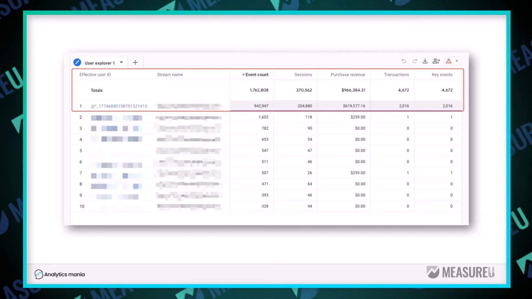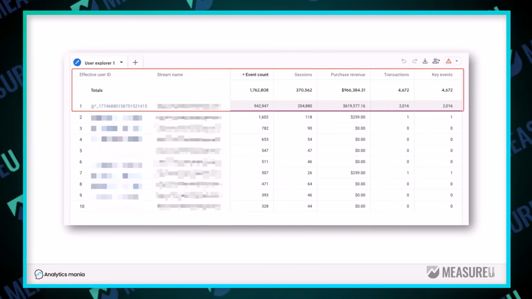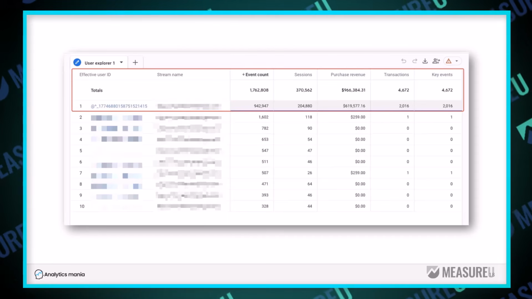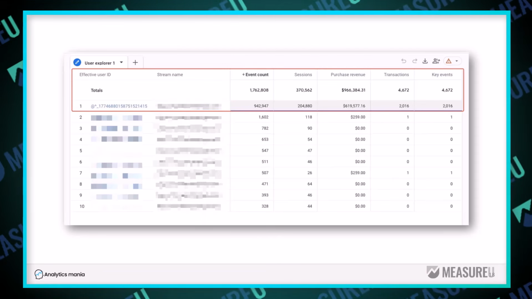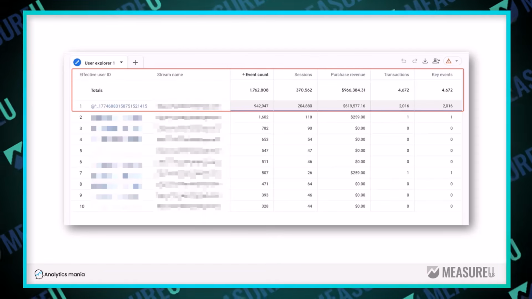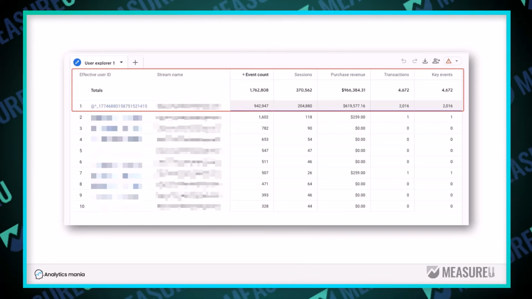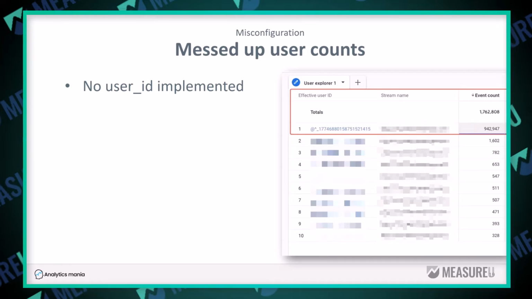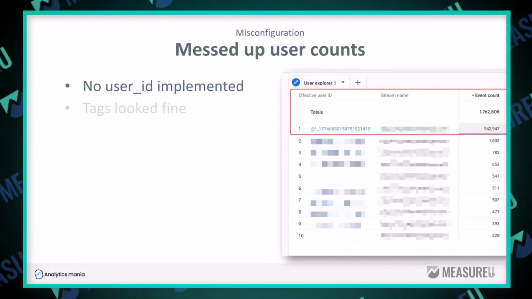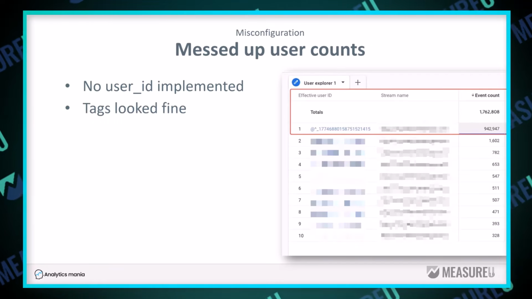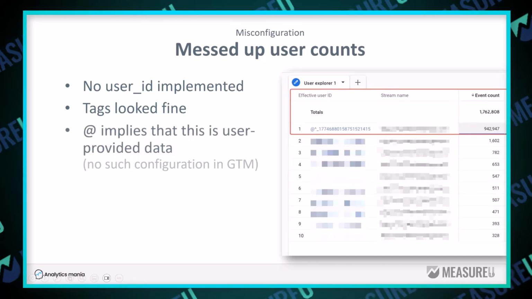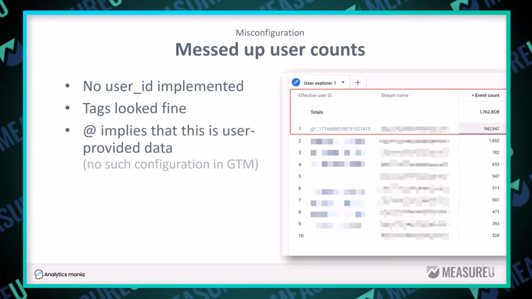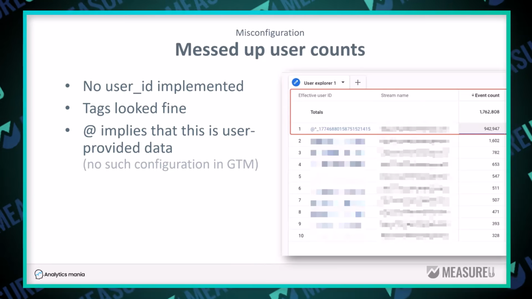Here's a situation. I was contacted by one company, and they had a problem where most of the events and revenue and purchases were attributed to a single user. And they asked me, why was this happening? So I took a look at this, and first of all, I noticed that there is no user ID implemented, and their tags in Google Tag Manager looked fine. However, I noticed the @ sign at the beginning of the effective user ID, which implies that this is somehow related